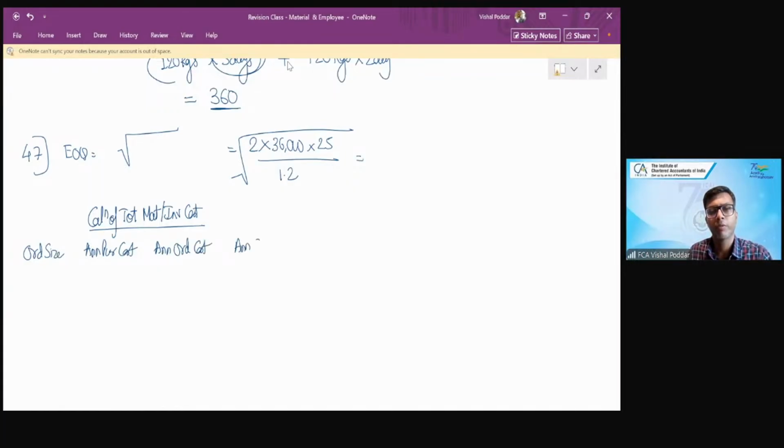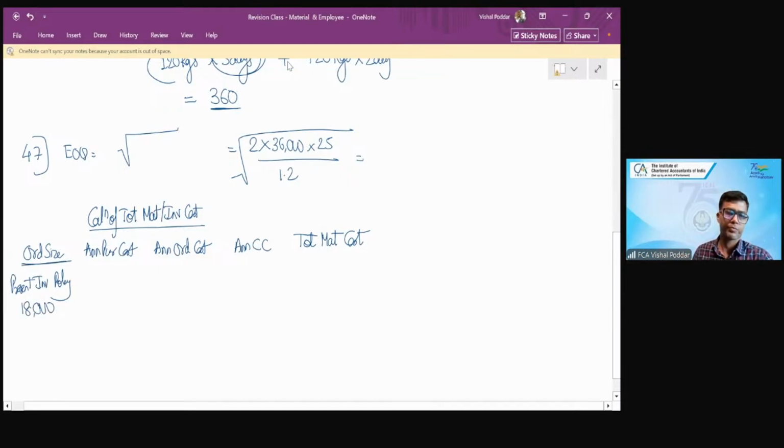Fourth is your annual carrying cost. And then it is your total material or inventory cost, whatever is asked in the question. Now, first they are saying for present inventory policy. What is the present inventory policy? In present inventory policy, your order size is 18,000. Now we find out the cost associated with this, and adding up these three costs, it will give you total